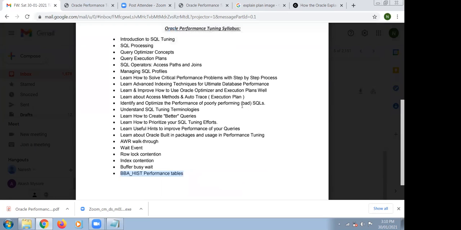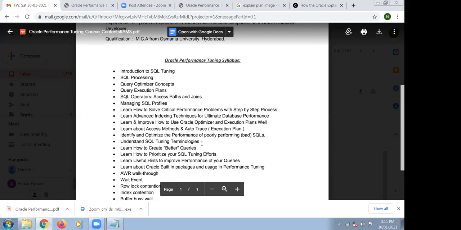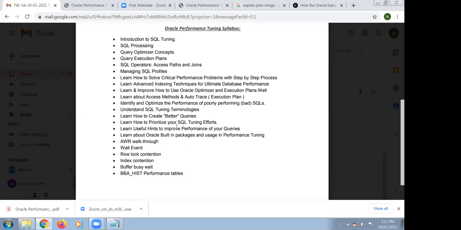But if it is taking a longer time, we have to think about it, and I will give you an overview of it. If you ask for any bigger concept, for example, how to use TKPROF and how to generate all these things, there are different... You are not covering that? TKPROF, here we are covering. I'm just saying that, for example, if you ask me to cover AWR for each and every component, I will explain what the foreground events are, what the background events are. So what is the CPU idle wait time, what is the roll